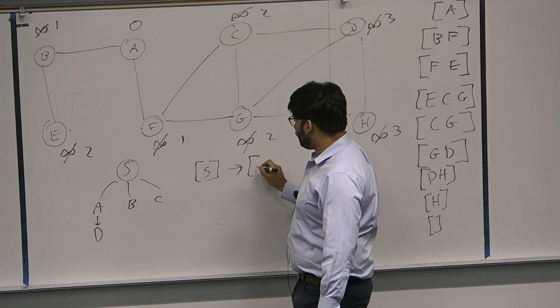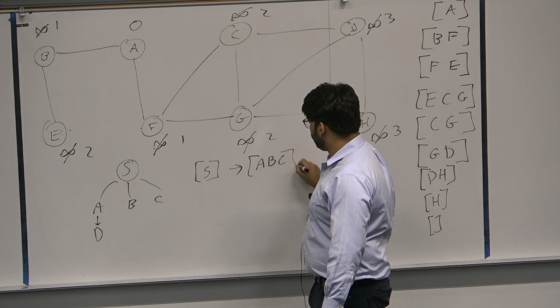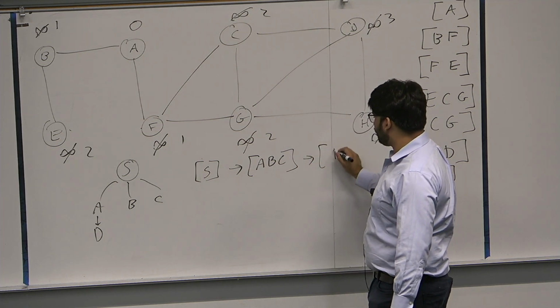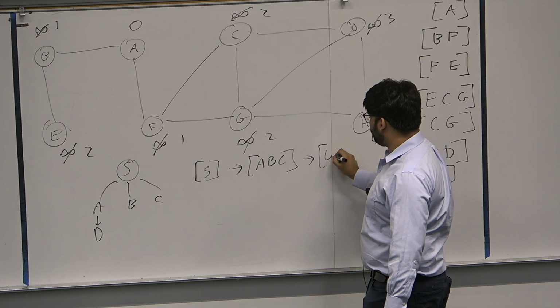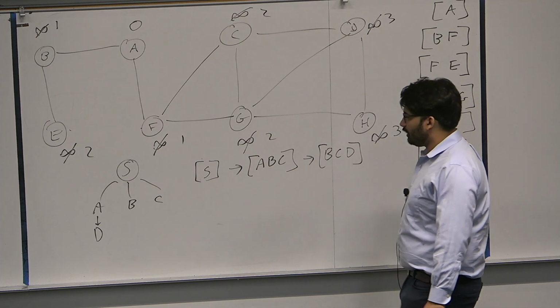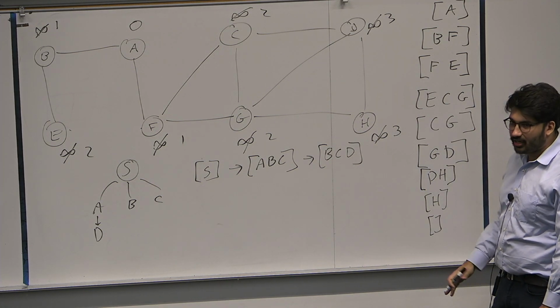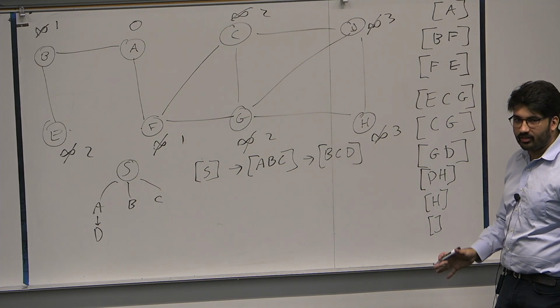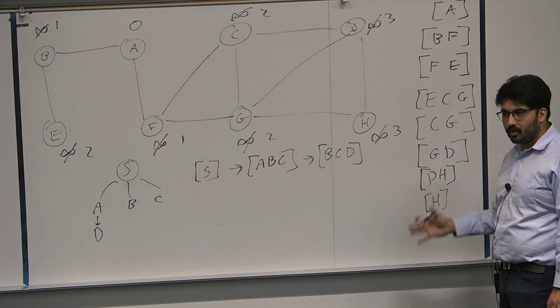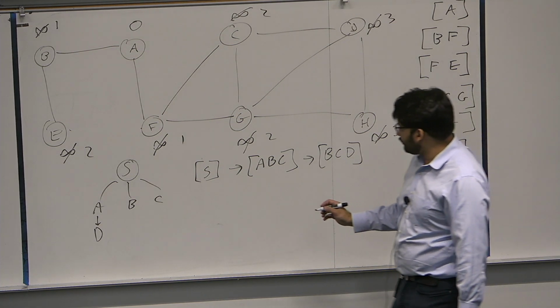Then A, B, C are going to be added to the queue. And then D is going to be added to the queue, right? It's going to be B, C, D, right? So the property here that's really important, and the reason that the queue works especially well for BFS is the